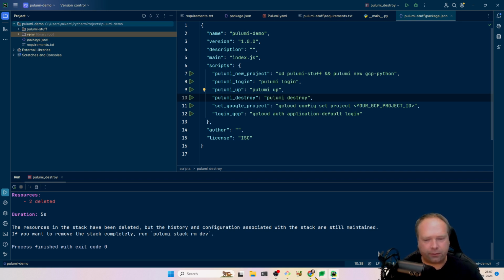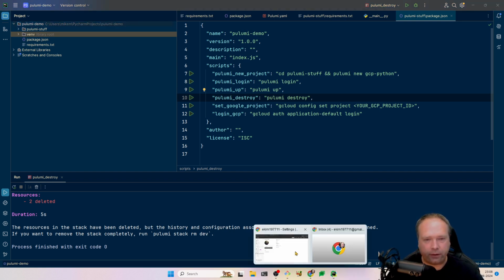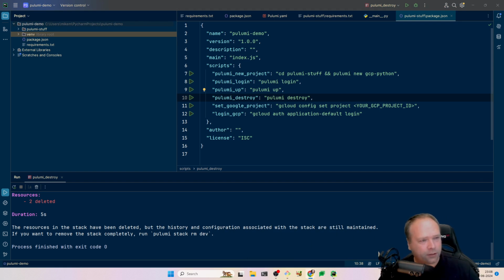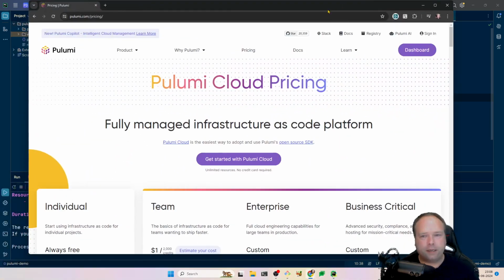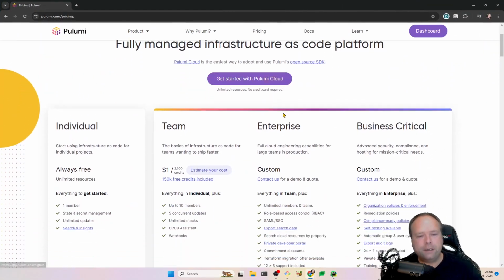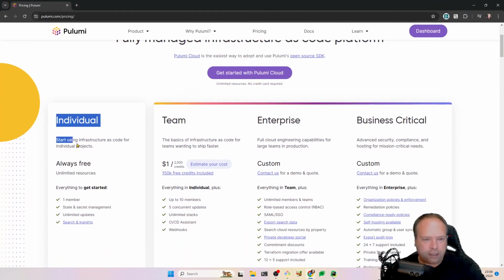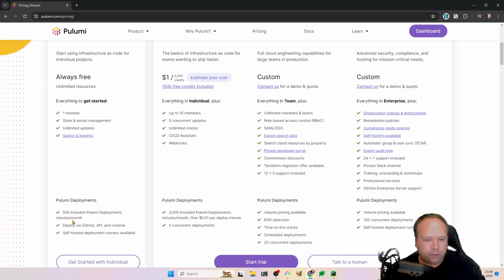And the thing with Pulumi is that you have access to a cloud and to a lot of services that Pulumi gives you. They give you a lot for free if you're an individual. Let us just look at the pricing right here before we look at anything else. So when you start as an individual, it's free. You can update as much as you want to. You will get some deployment minutes per month, and Pulumi is this tool